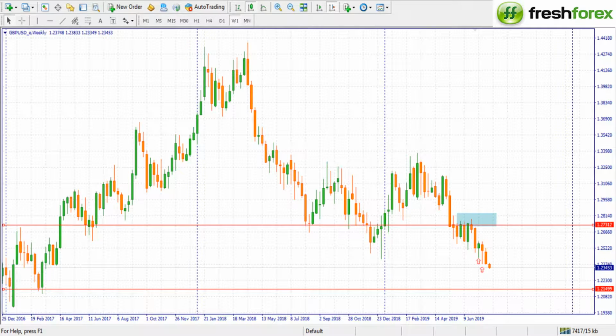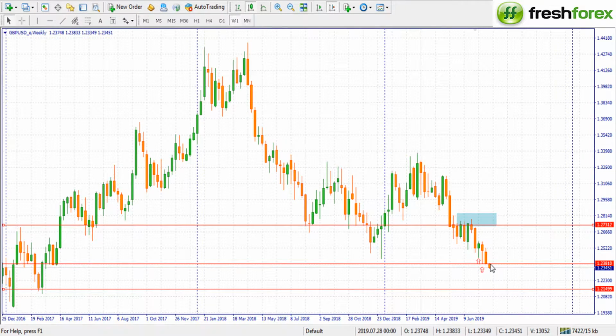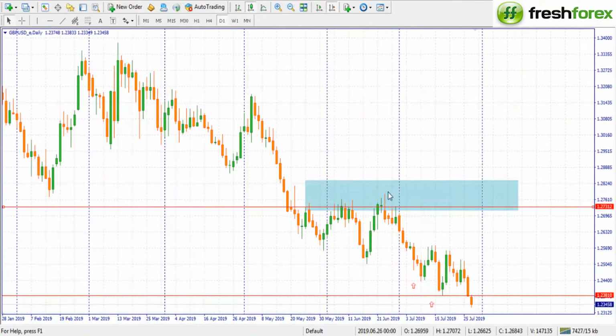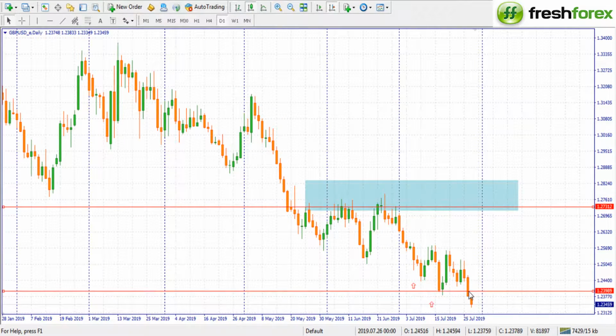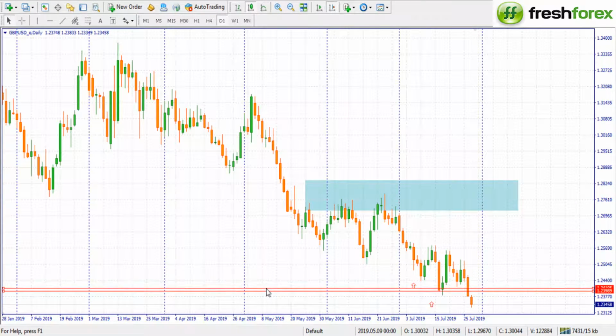Wait for retracements, especially up to the previous week's closing price here. Wait for retracement up to this level here, then you pick a sell from that point down to around 1.21499. On the daily, the trend is still downwards, but there's a level here where price needs to retrace up to. A very good support here. There was a break. Price should come back to the same place before we look for a sell even further to the lower side. So this pair is a sell for me, but the correct place to sell from is when price gets back to this level,